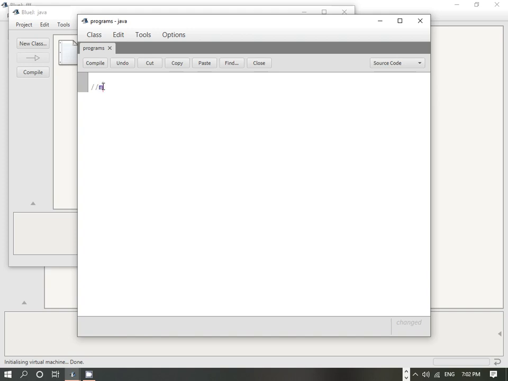So suppose I write my first Java program. Here you can see that these lines are not highlighted. This indicates that this is a comment in this program. We can provide it in this method, or we can also write like this: if I write slash then star, program 1.